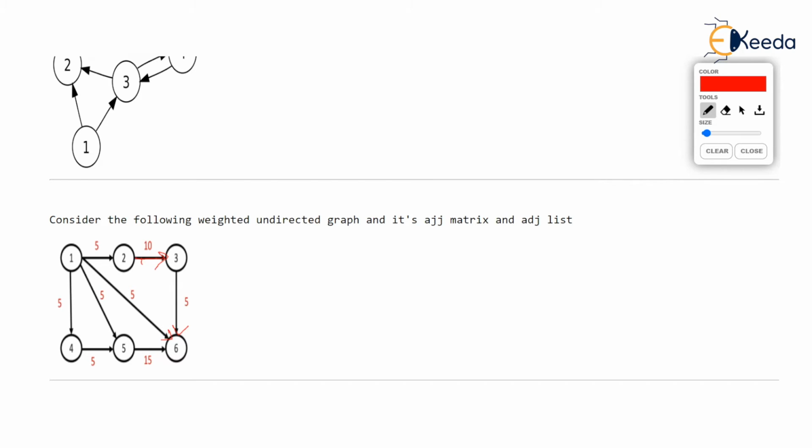And each edge has some weight associated. Like you see, the weight on this particular edge is 5. Every edge has some weight, although most of the weights are 5 here, but the weights can be distinct. Every edge can have a unique or different weight, but in this example, most of the weights are 5.